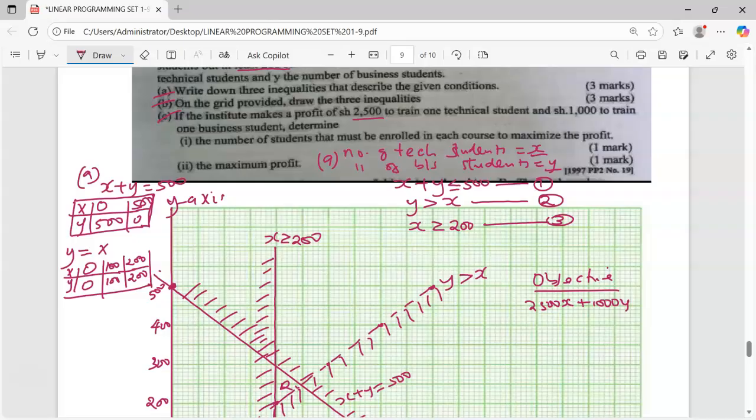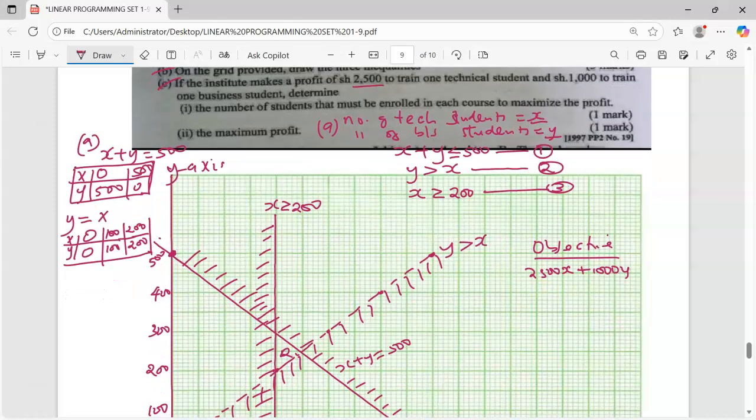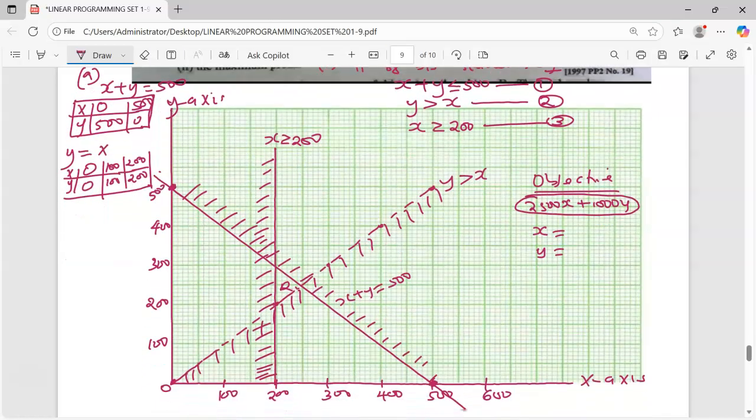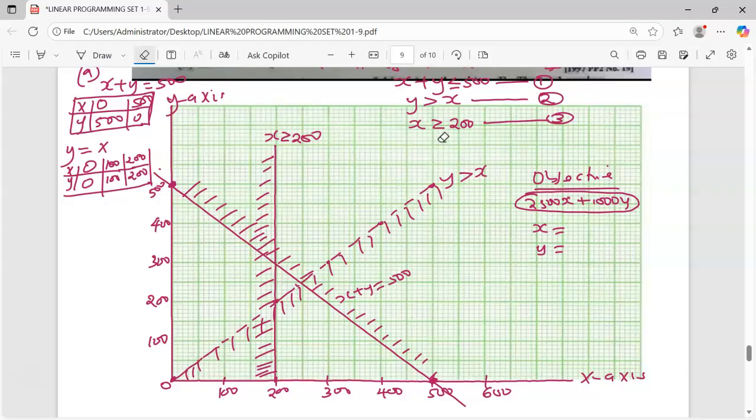But first we are going to look at the number of students that are going to take the technical studies and those that are going to take the business studies. For us to get this, we were supposed to use the search line from the objective function, but I want to show you exactly how to do that without using either a try square or the search line. We're going to pick all the points at these corners. At this point here, we are going to have the value of